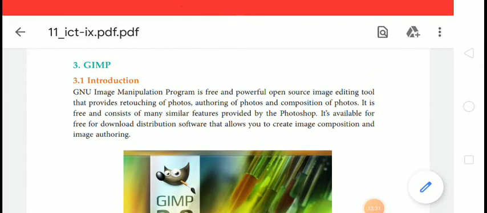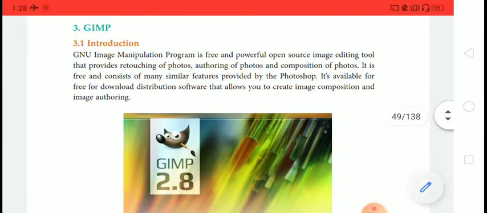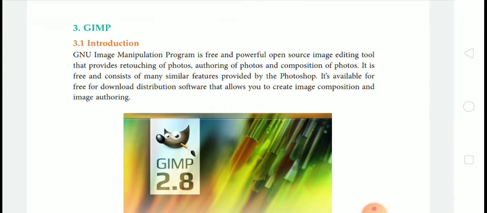GIMP Introduction. GNU Image Manipulation Program is a free and powerful open source image editing tool that provides retouching of photos, authoring of photos, and composition of photos.